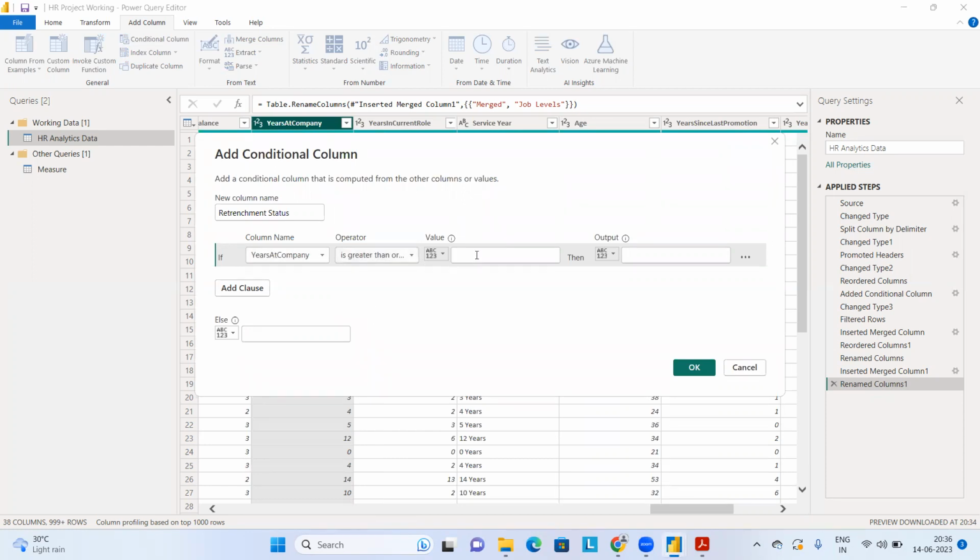Suppose in my organization, if any employee is working greater than or equal to 15 years, then I am going to give the condition: will be retrenched. And if the condition is not followed, then the working is on service. So I'm selecting here on service. So this is the condition I'm going to provide in my dashboard. But in your company, there may be some different condition. So I'm telling you how you can add the condition. Simple. And you can add a different clause also. Suppose you have a lot of conditions like